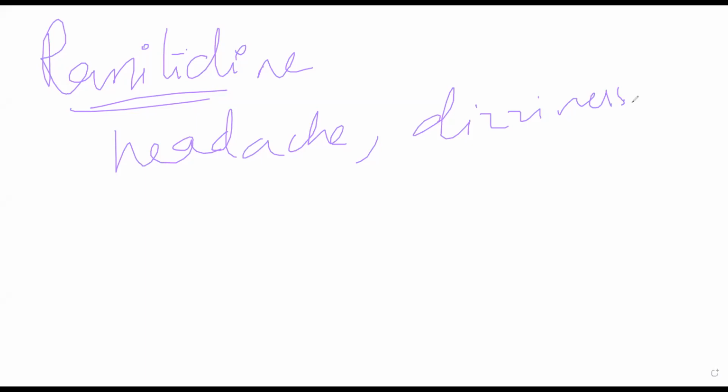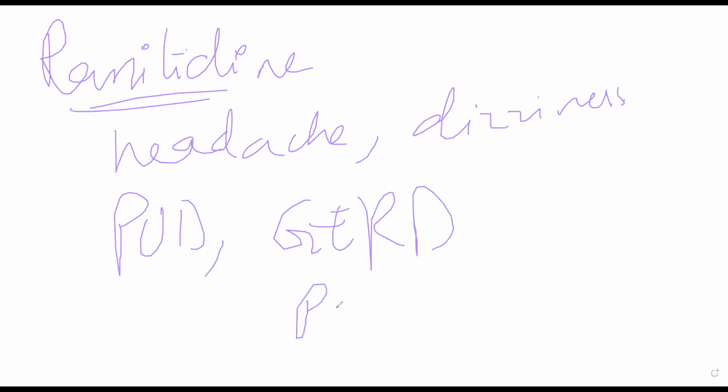Okay, so generally pre-anesthetic medication may include ranitidine. Before giving the anesthesia itself, you will give ranitidine. When we discuss neurological drugs, I'll tell you what anesthetics and pre-anesthetic medications are, and we'll go into that in detail. But for now, just remember that this is used in PUD. You can use it in gastritis. You can use it in GERD, and you can use it as a pre-anesthetic. ठीक है. अब ये पूरे conditions में use कर सकते हैं H2 blockers को. Then we have PPIs, proton pump inhibitors.